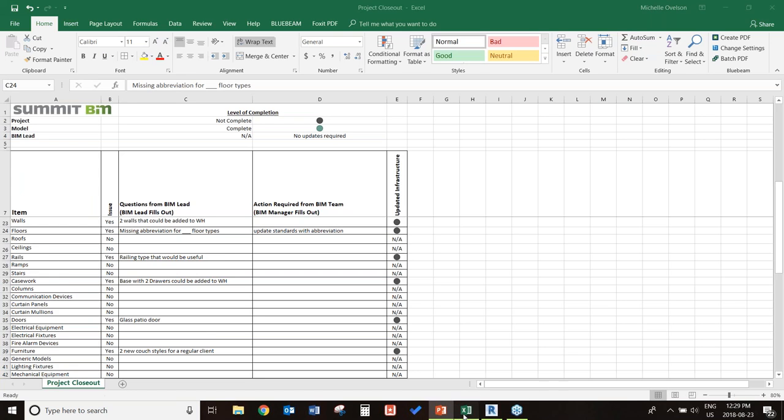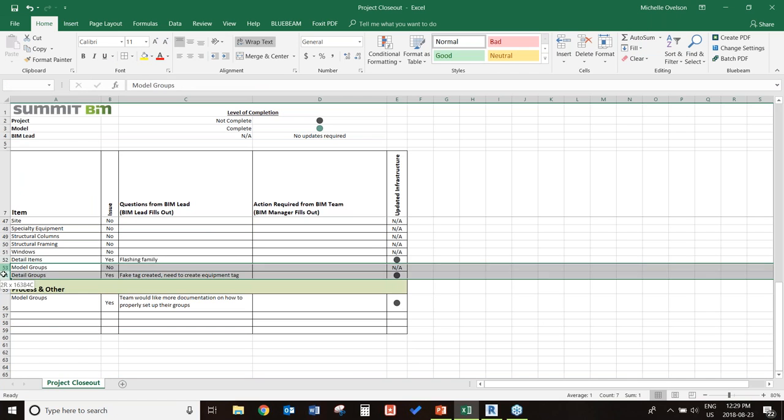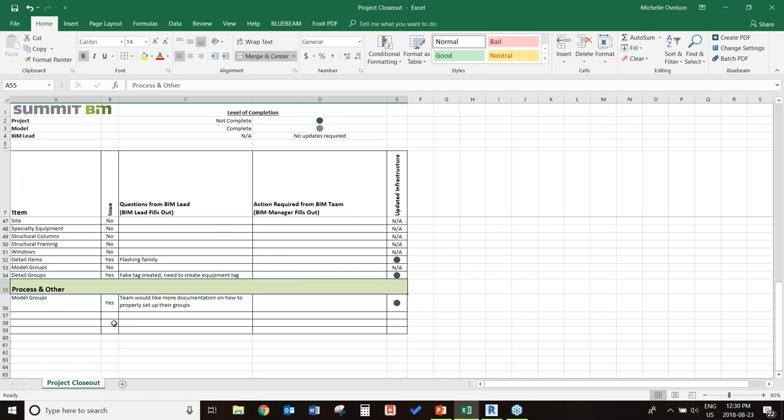So I also have a section at the bottom of this. So there's the detail items, then the group stuff, and then I've got one that's called process and other. This section is a little bit more open-ended, and it's just for things that may be missing, more so related to standards and processes and protocols. So if you were using model groups a whole bunch for this project and you found that you weren't really sure how it should be set up, there wasn't a lot of documentation to support that, and you guys had a lot of questions of how best to do it, then let's put that in here as well as an